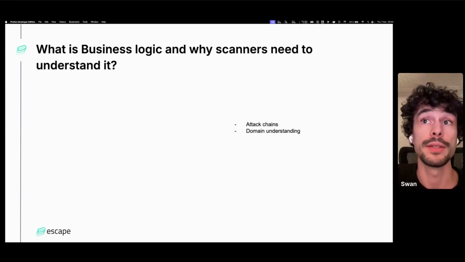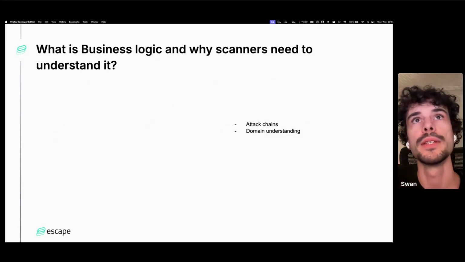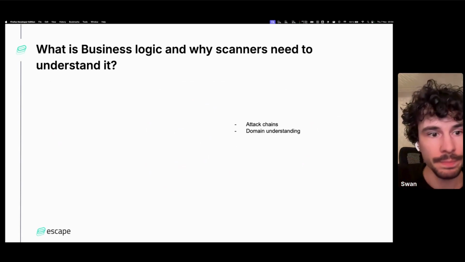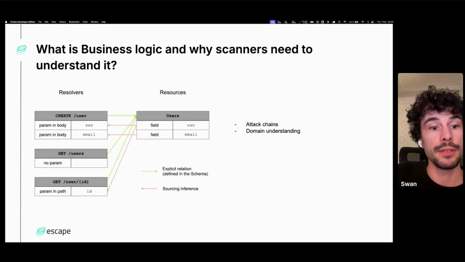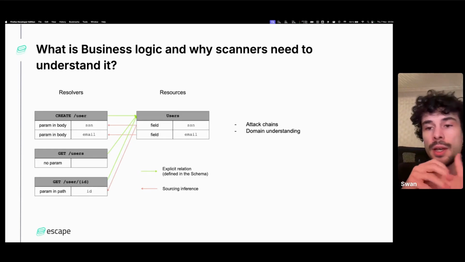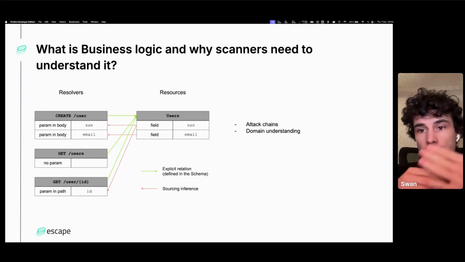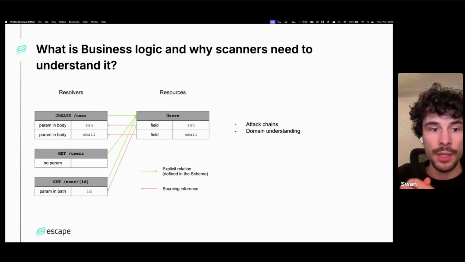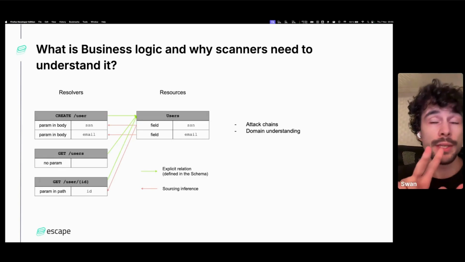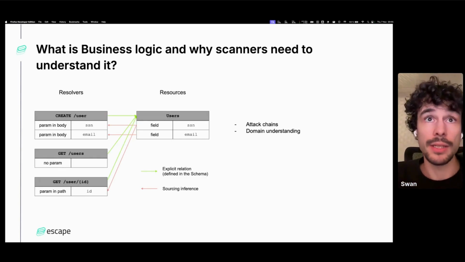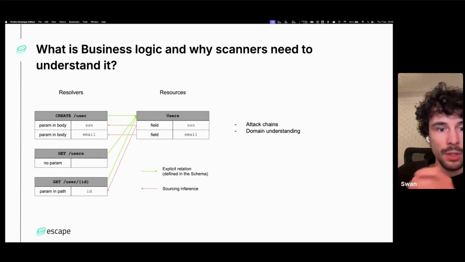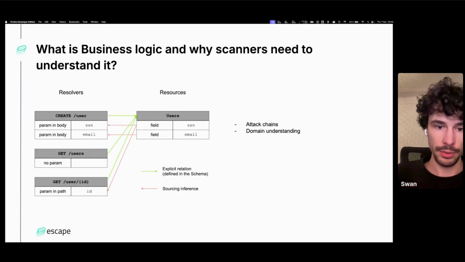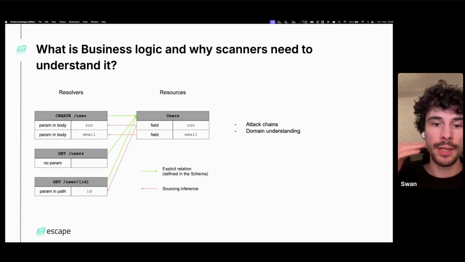So we can dive a bit deeper into what business logic is and why a scanner needs to understand it. Business logic involves testing the underlying rules and relationships within an application. I made a quick schema to illustrate. On the schema, we have 3 different API resolvers interacting with a user's resource. One resolver creates the resource, another resolver retrieves that resource, and the last one lists all the users in